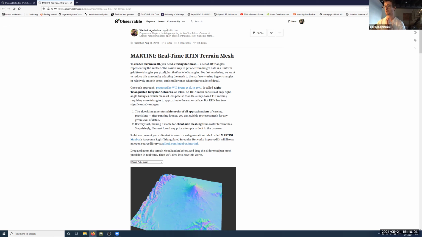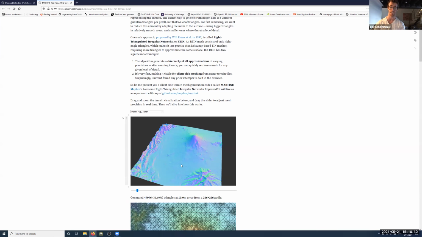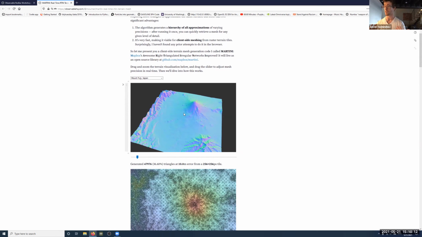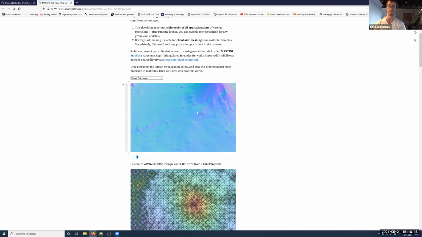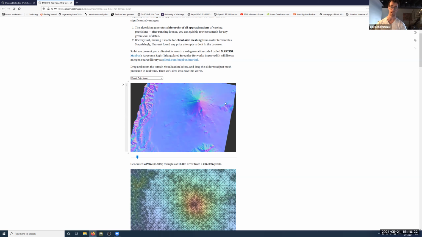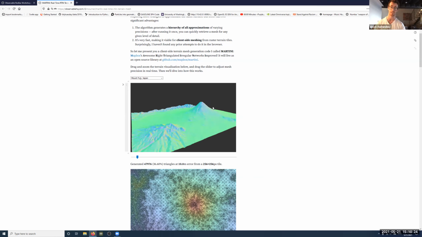It's like this really great tool for doing geospatial data without having to know everything about ArcGIS. But he also apparently is really good at making 3D reconstructions of landscapes. And what I really like about this is that it's interactive. And so he has some actual height map data of Mount Fuji here. And we can zoom in on it and we can actually pan it around and look at it from